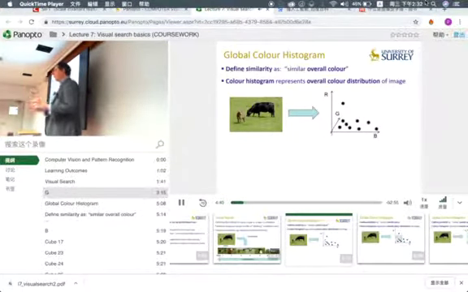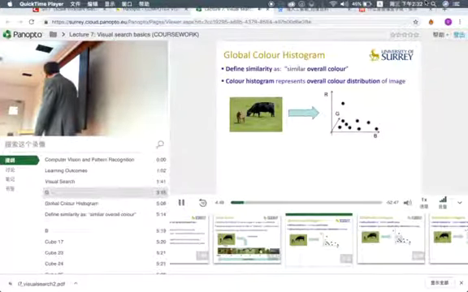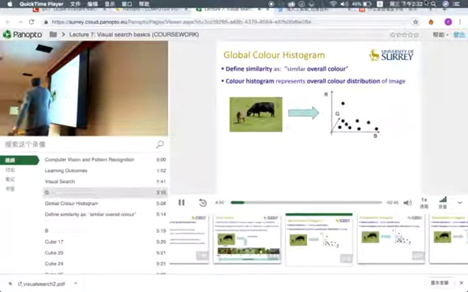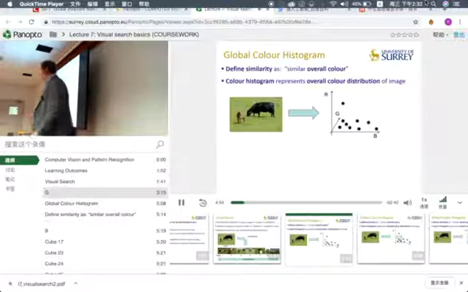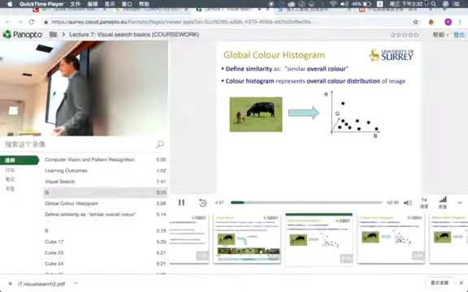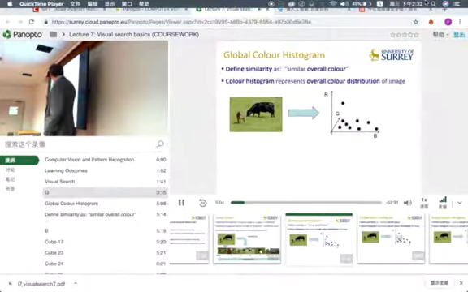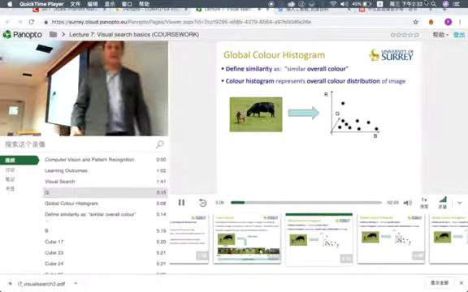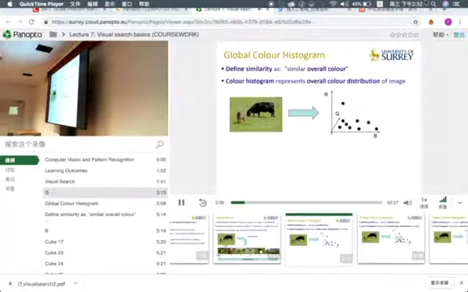In that example, it's a 1D histogram, but what we're going to do here is build a frequency histogram in three-dimensional space. So what I'm going to do is visit every pixel in this image and measure its red, green and blue quantity and represent that as a point in this three-dimensional space. So this is a little bit like what we did last week when we were talking about the sky classifier, right? And having created that distribution of points in that colour space, in that RGB space,